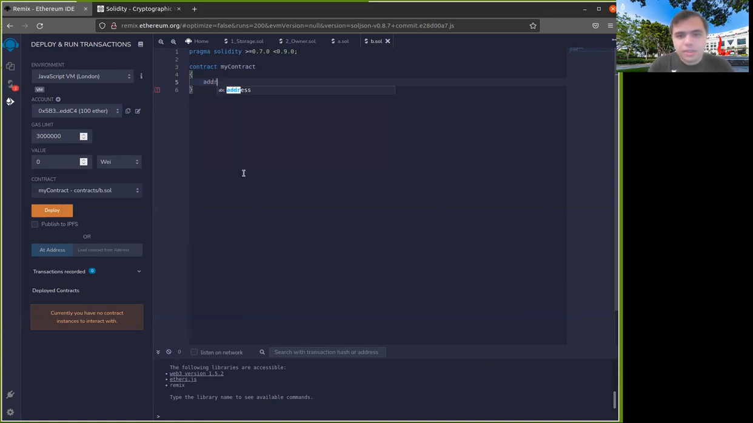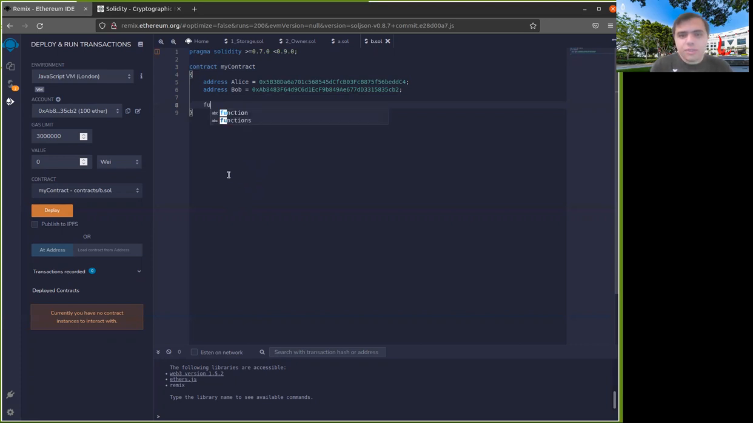I want to have an address for Alice and an address for Bob. And actually, let's hard code these addresses. So let's say this first account here is Alice. And let's say my second account here is Bob. Okay. I could write this in the constructor, or I could just write it like that. And